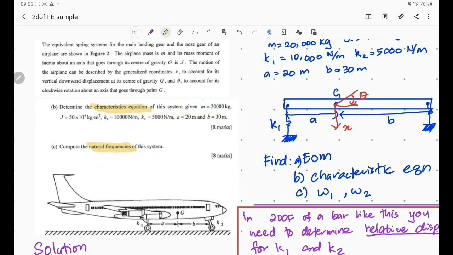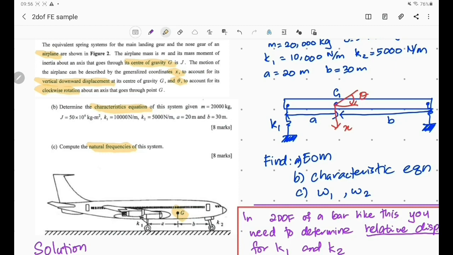System. So this is quite common in one of the final exam questions. And you can see here we have this airplane, as shown in the figure, and it has mass and also J, the mass moment of inertia, and the center of gravity G here. The assumed direction is already given, where x is the vertical downward displacement, and theta goes